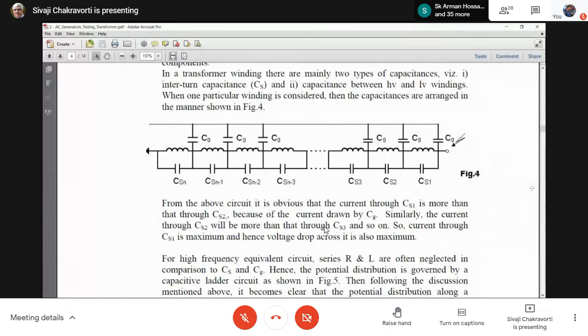If the frequency changes and if the frequency becomes megahertz, why am I talking about megahertz? Because the surges that appear in the system, the impulse voltages that appear in the system, have a time duration of the order of microseconds. So microseconds corresponds to megahertz.